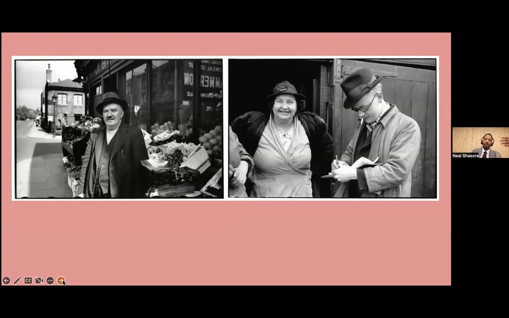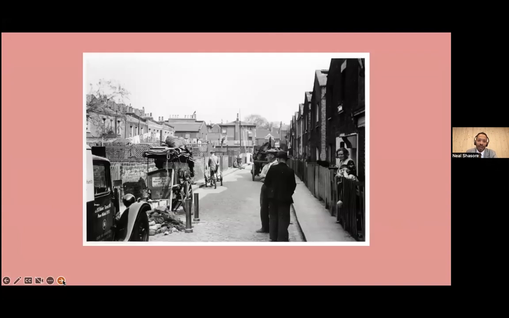These are more images by Margaret Monk showing this social life. I think this is the rate collector on the right, and then a John Bunyan who claimed descent from the author Bunyan, a grocer in Portland Town. This shows the backs of the streets and, again, this is Jane Jacobs stuff, right? But decades earlier. And I think this is really useful in complicating some of our narratives and assumptions